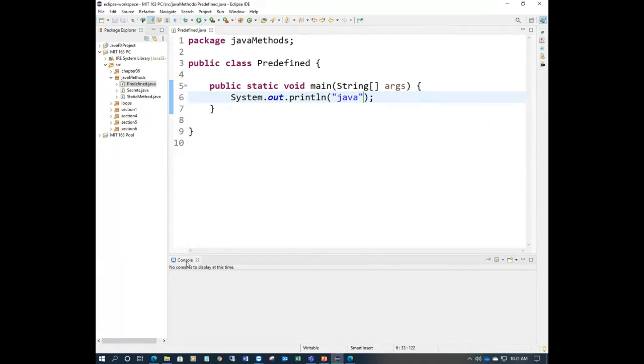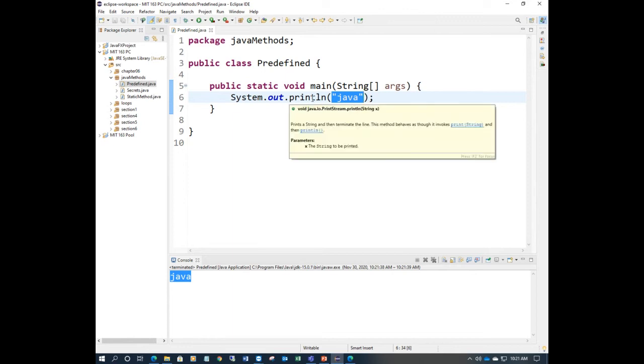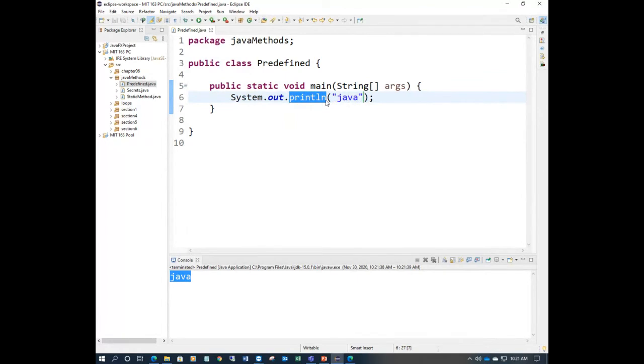This is the console here. We'll see this will print. It's a value or text, whatever you write inside, it will print the same. So what is the functionality of print? It will print, that's it. It will not do any other calculations. This is specific, called a specific operation. What is a specific operation? Printing the text, printing the values, whatever is written inside the print. So this is a predefined method.